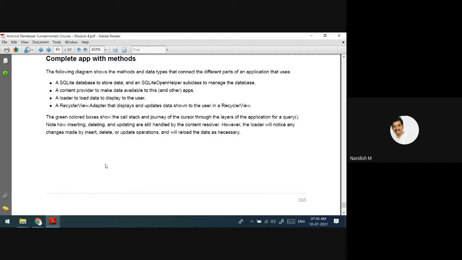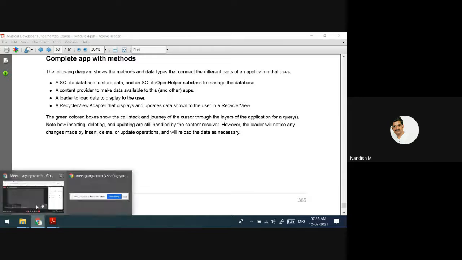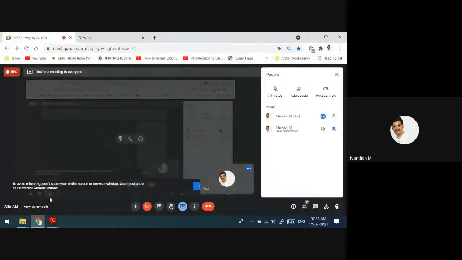We'll discuss how to interact with the SQLite database if you develop any app. This will be the last class discussing mobile application development. All the best for your exams. Thank you.